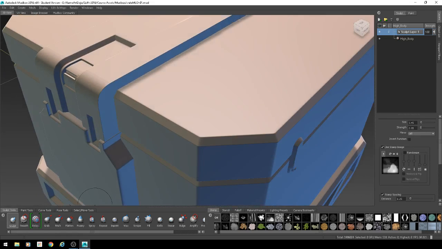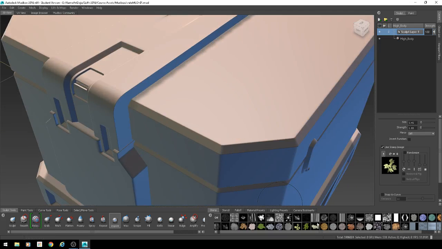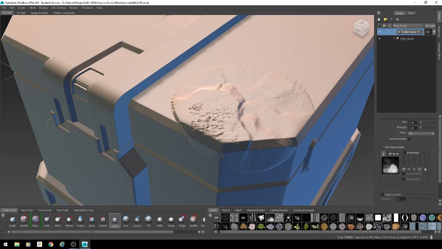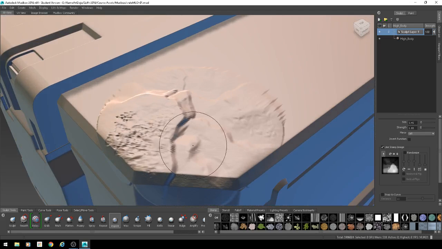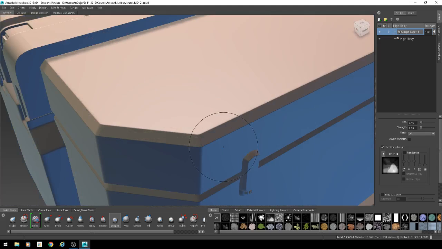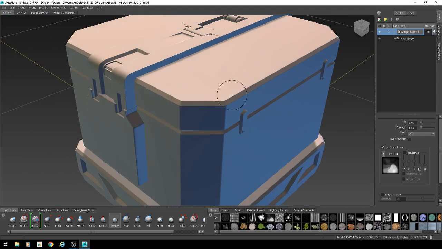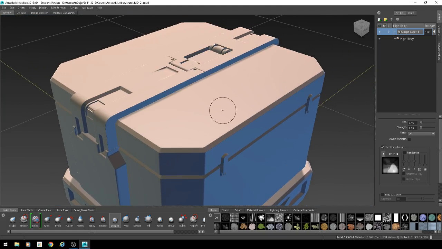But then if I try to do an imprint, I tried this one before, it just looks terrible. That one sucks anyway, but if I was making rocks, that's not good quality stamping. So you may need to increase the density of your mesh, the poly count of your mesh. Typically what I tell people is if you're working on something like a character, something really organic,